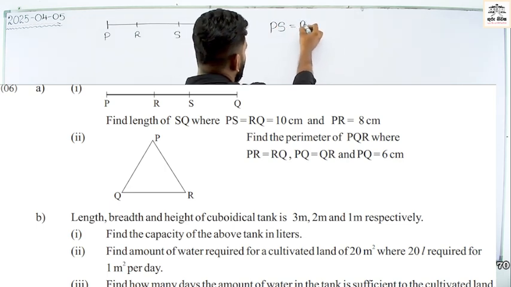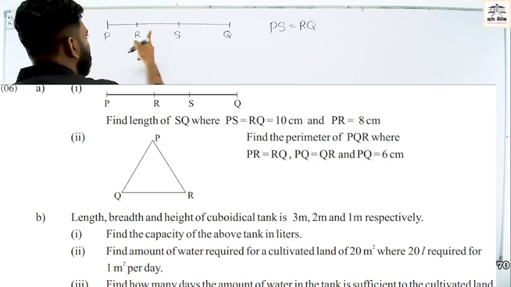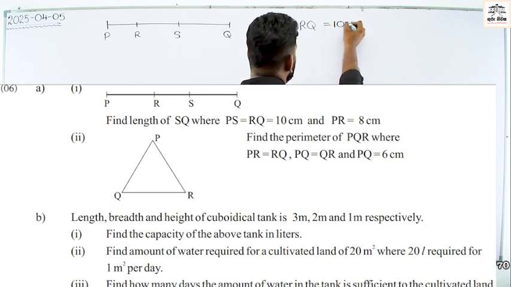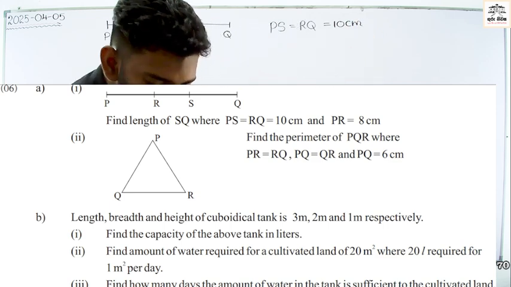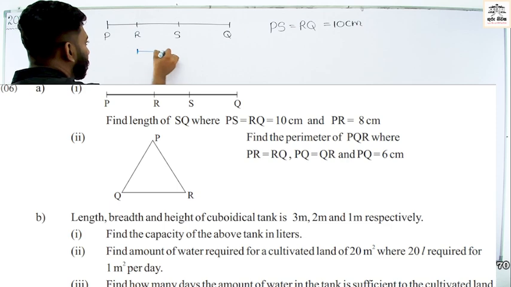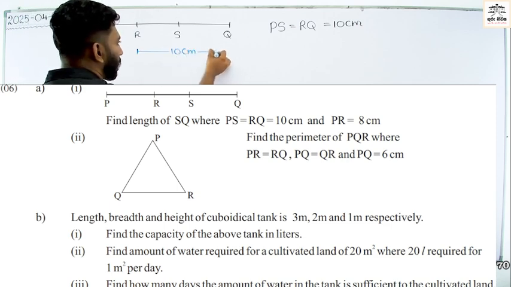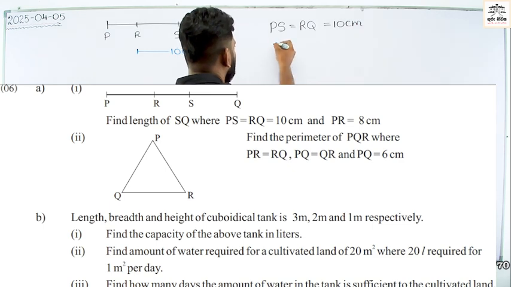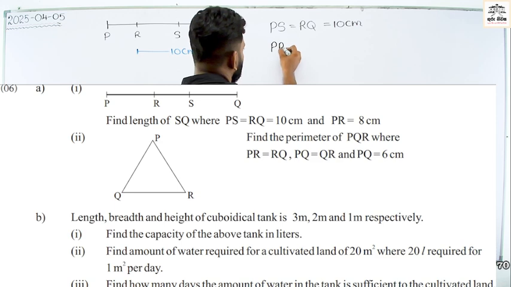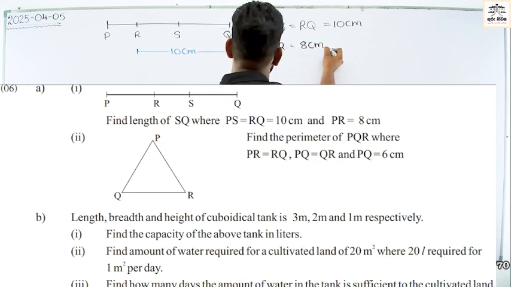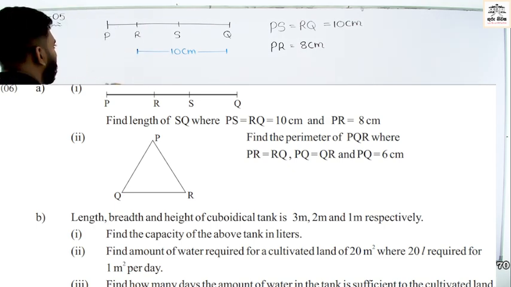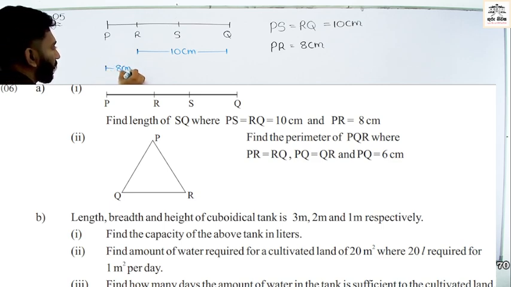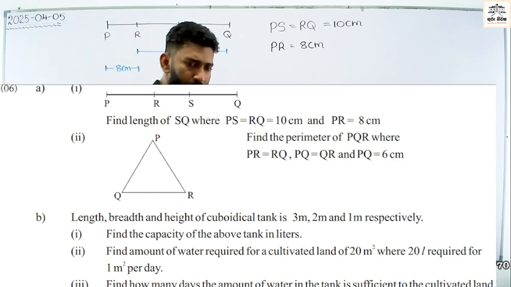PS equals RQ. PS and RQ both are equal, and equal to 10 cm. Look at that. Here to here, here to here, 10 cm, right? And PR equals 8 cm. P to R, 8 cm. PR equals to the